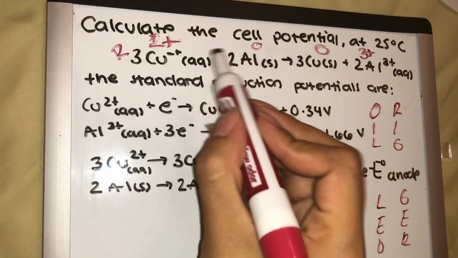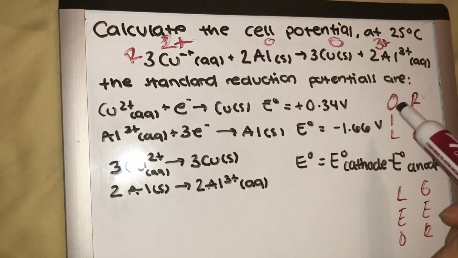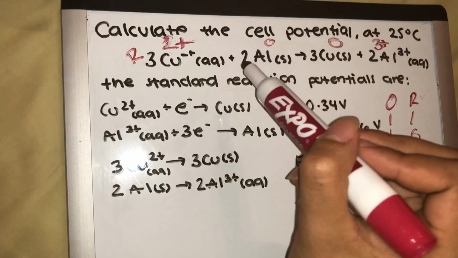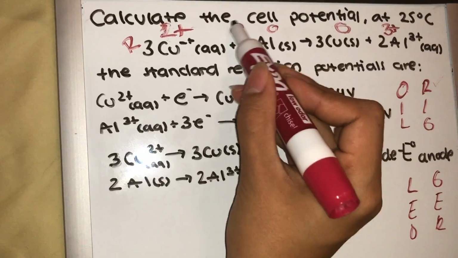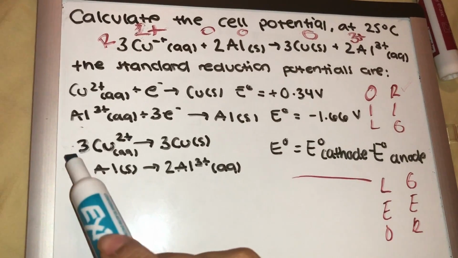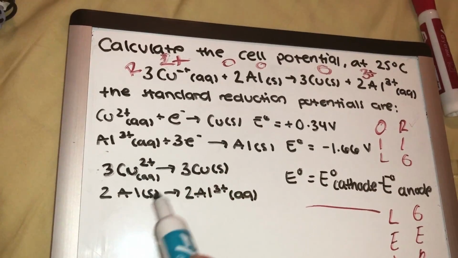By elimination, this one would obviously be oxidized, but we can go ahead and check it. So oxidation is losing electrons, which would be becoming more positive, and that is correct. This one is oxidized. Next thing we would do is split it into its half-reaction equations, and then we need